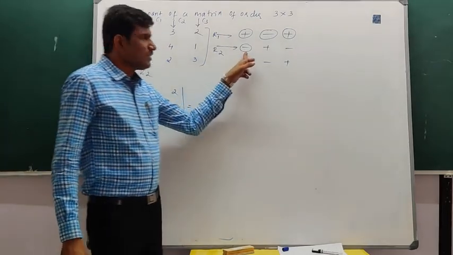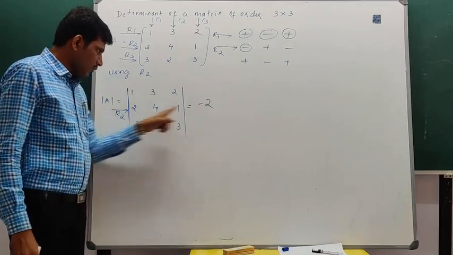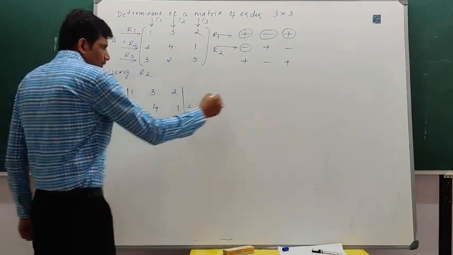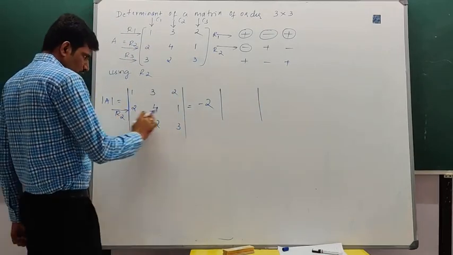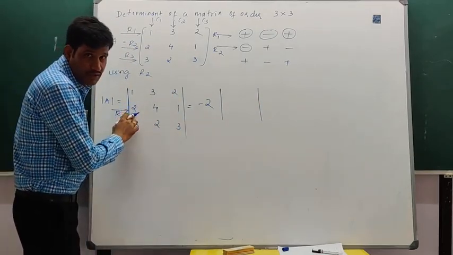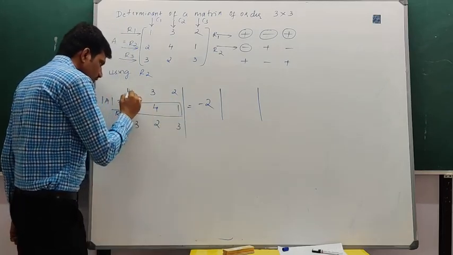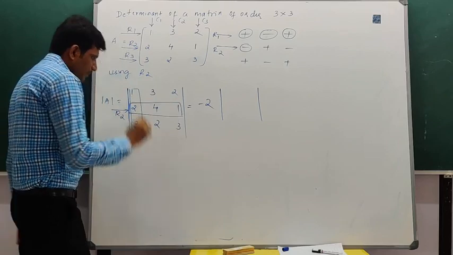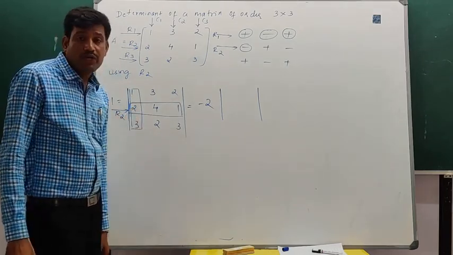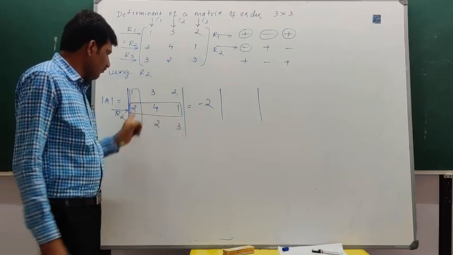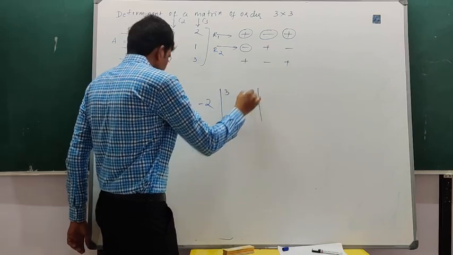Right? So what is the sign of this element? It is minus. Now here it is plus, just to multiply this. That is minus into plus is minus 2. Now we have to write this 2 cross 2. How can we write it? We have to leave the row and column where this 2 is present. This 2 is present in the second row and first column. What is left here? 3, 2, 2, 3.